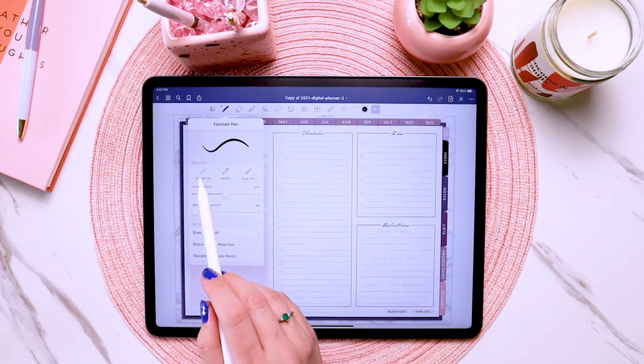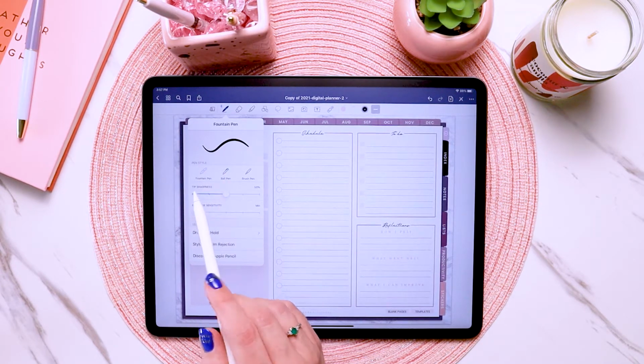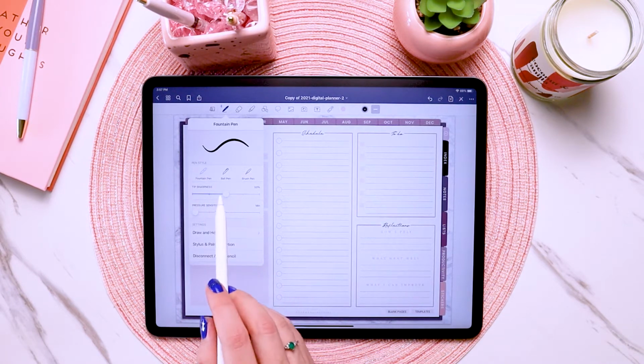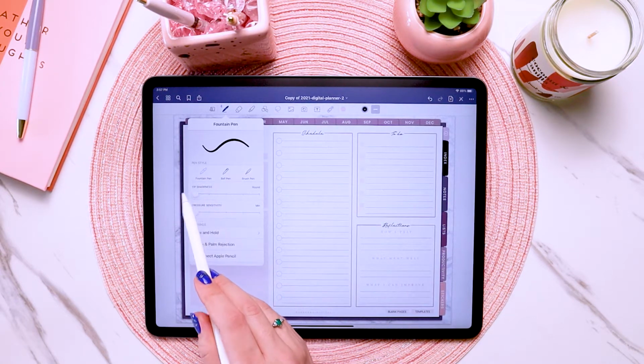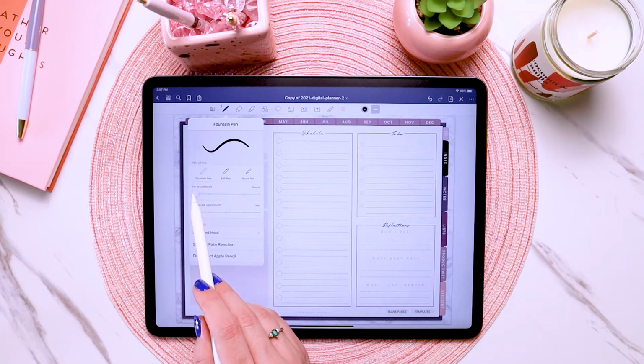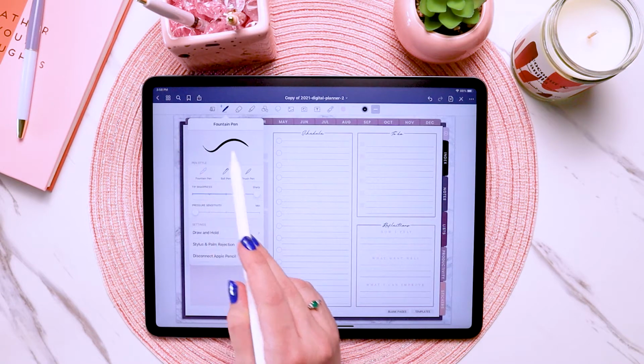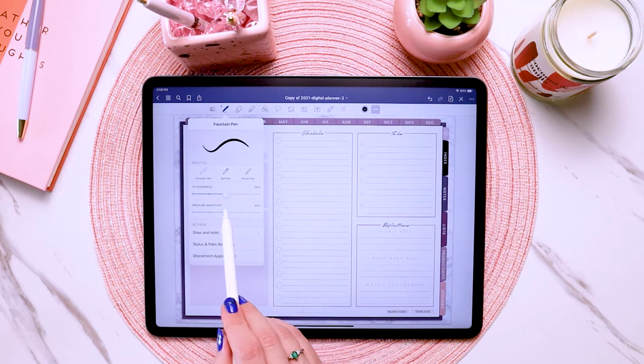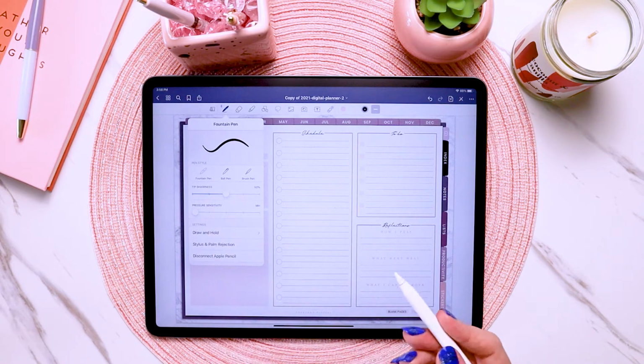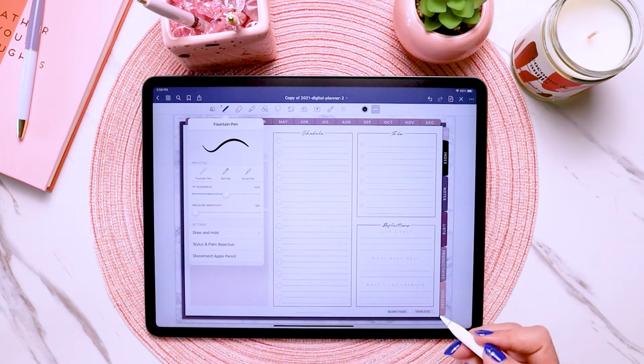So we have our different pen styles that you can choose. If you use the fountain pen, you can choose the tip sharpness. So if you just want it kind of dulled on the ends, you would put it all the way down. If you want it very sharp on the ends, you would put it all the way up. And then the pressure sensitivity has to do with how GoodNotes reads your actual pressure that you're using when you're